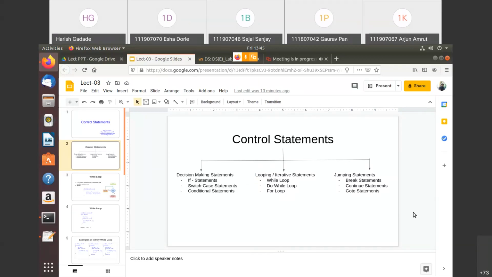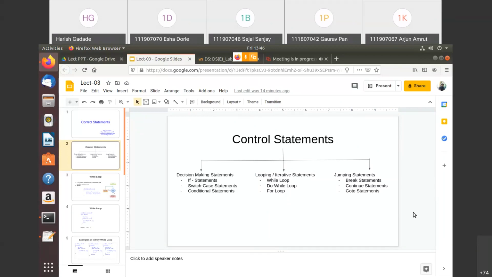So we will see one by one, the while loop, do while loop, and for loop. And if you understand this looping concept, then you can implement any program, because for logic development, looping is very important. To implement any problem, we need to use these loops, and loops are most important in all programming languages.